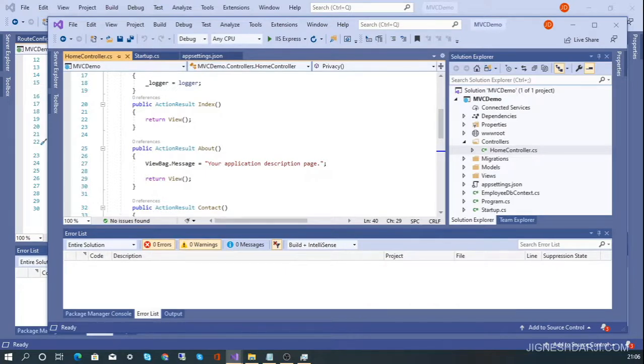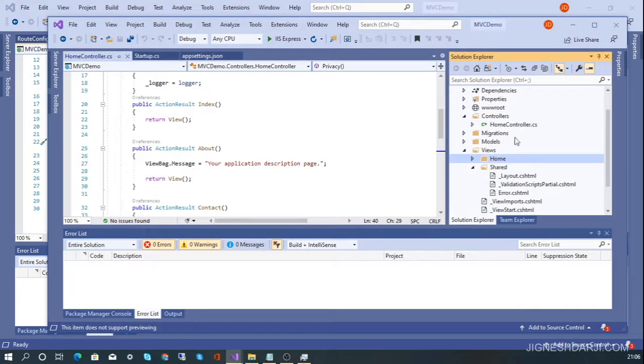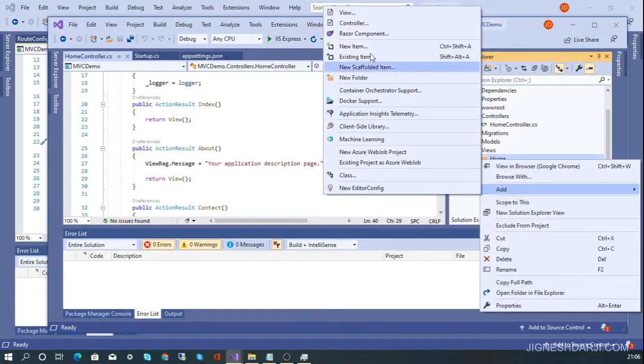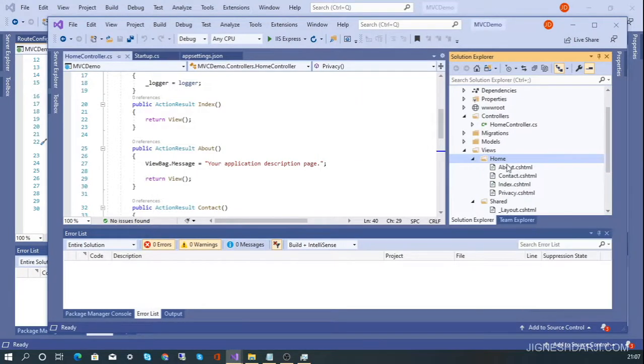Okay, the next thing is we need to copy the views from the older MVC project to the core MVC project. Just right click on the home folder in the core project, and you can add an existing item, and select all the views from the MVC project. When we import these, you have all the views from the MVC project over here: about, contact, index, and privacy is already created, so we only import about, contact, and index. Okay, so now our view is ready and our controller is also ready.